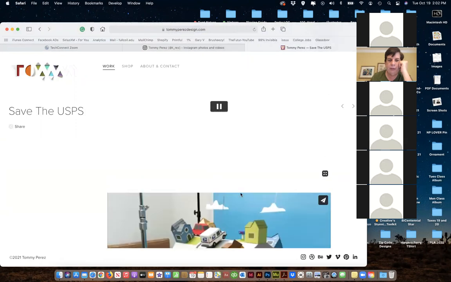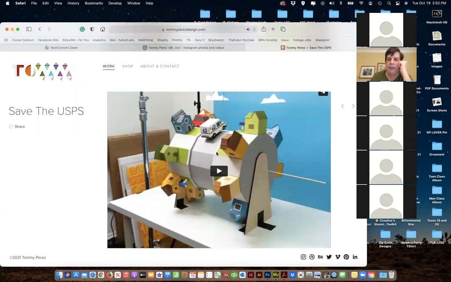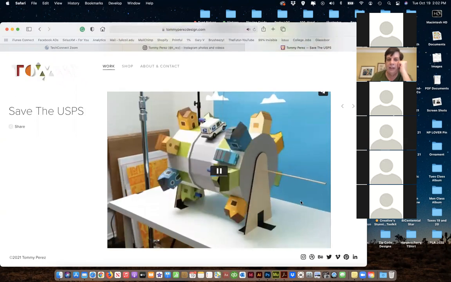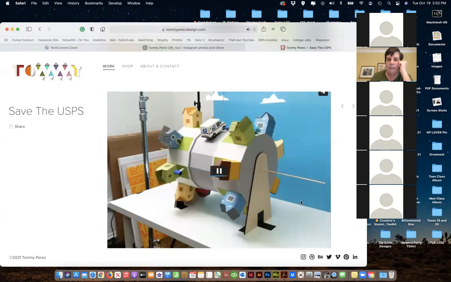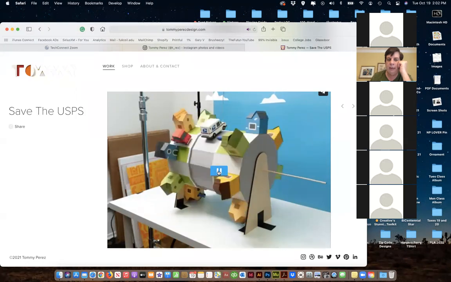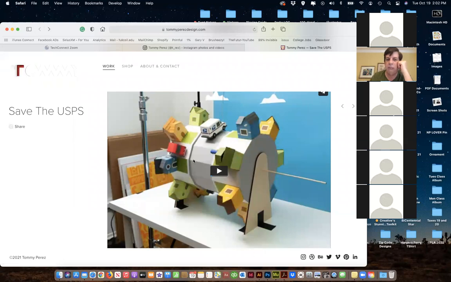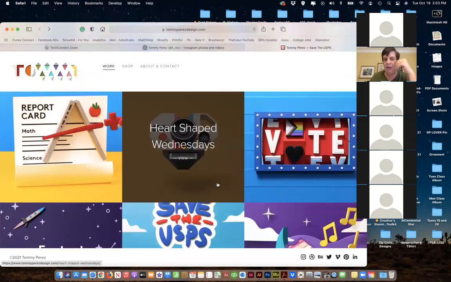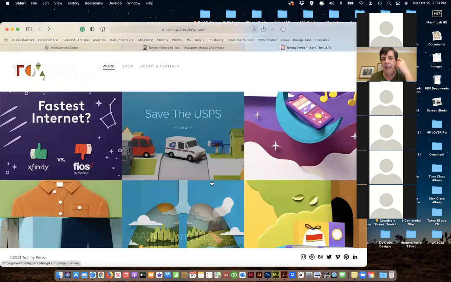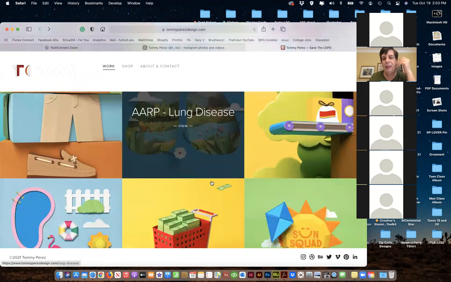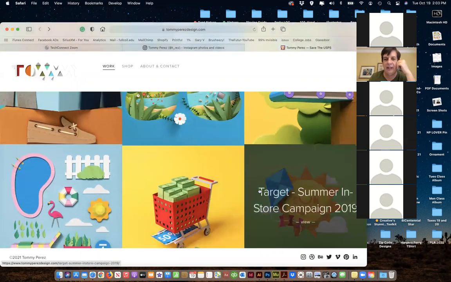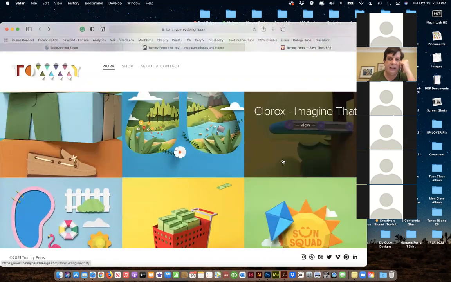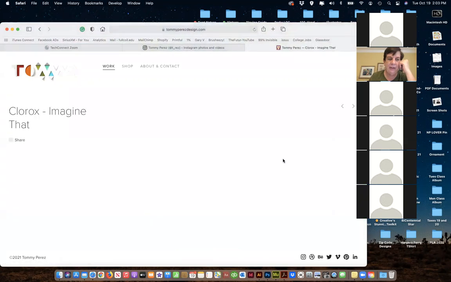Was there another video? Hold on. Yeah, here we go. So there it is. You can see it's all fabricated. And he would just take a picture as he would go, and he would do the animation that way. It's just mind blowing when you start to see his stuff and you start to realize literally everything's made out of paper. And now he's figured out how to do it and how to fold it to get exactly what he needs. I think he did that for Clorox.